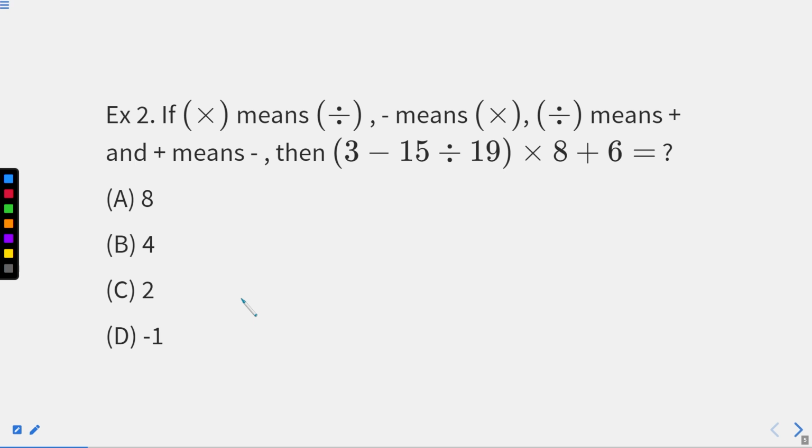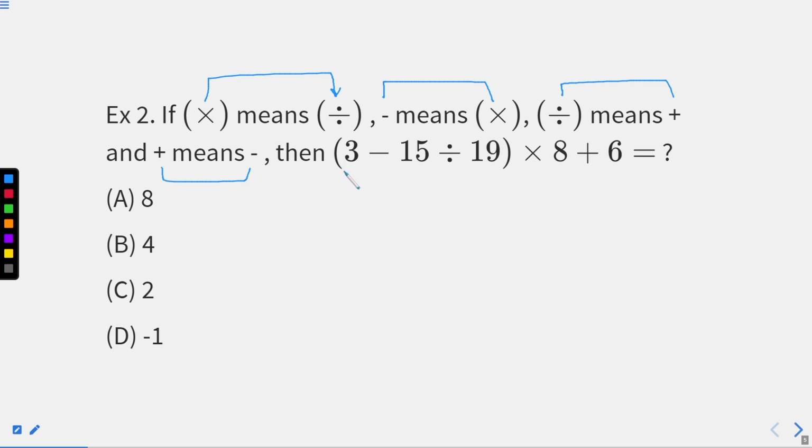That is question number 2. As I mentioned earlier, I'm going to use symbols. I'm going to use different mathematical operations or tools to depict something else, right? So here in this question, you can see that multiplication means division. So wherever in the expression you find multiplication, just replace it with division. Similarly, minus will be replaced by multiplication, division will be replaced by addition, and addition will be replaced by subtraction,